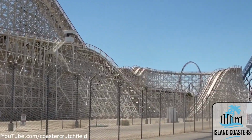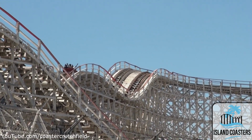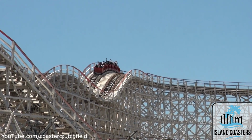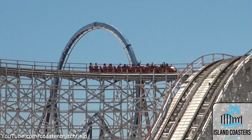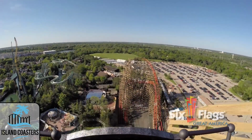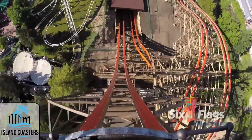But unfortunately, due to poor maintenance and fire damage from some of those rowdy teenagers, Colossus is deemed too weak to support the conversion and is announced to be closing permanently instead, but not before a replacement is named. Instead, RMC would bring in their wooden topper track to build a true heir to the Icon's throne from the